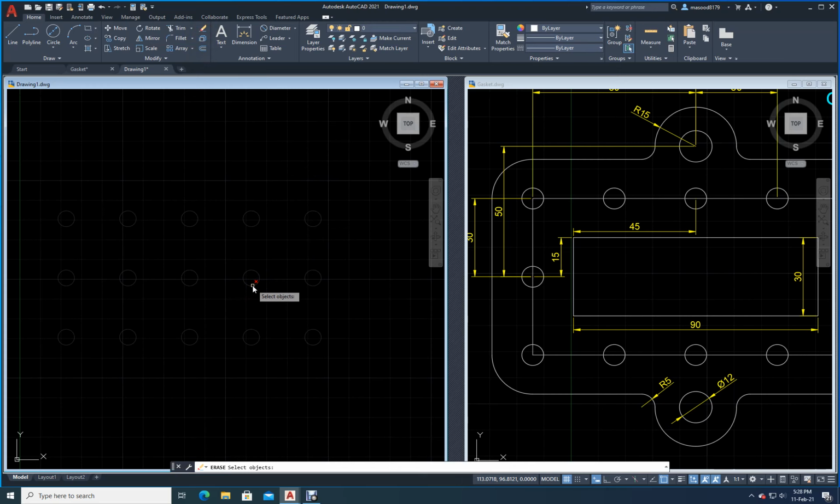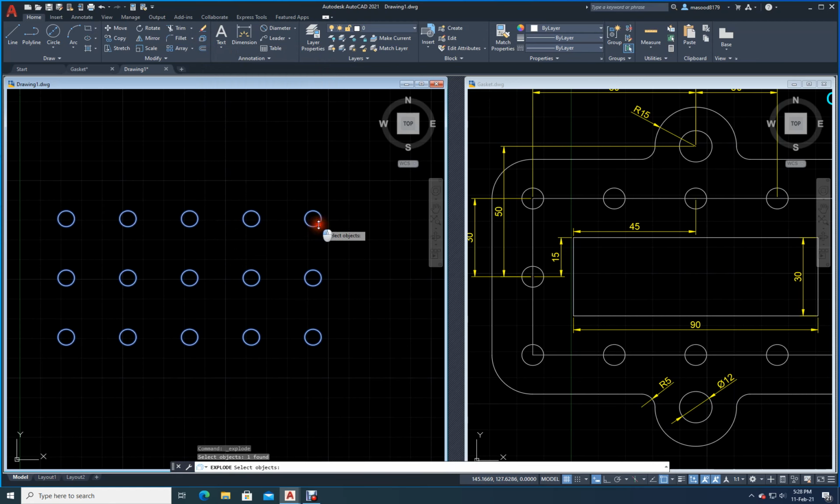So we will learn later how to create blocks and how to explode blocks. Right now, let me just cancel it. What I will do is I will go to blocks here, explode. See here, explode. The moment I click on explode block, select this one, press enter.